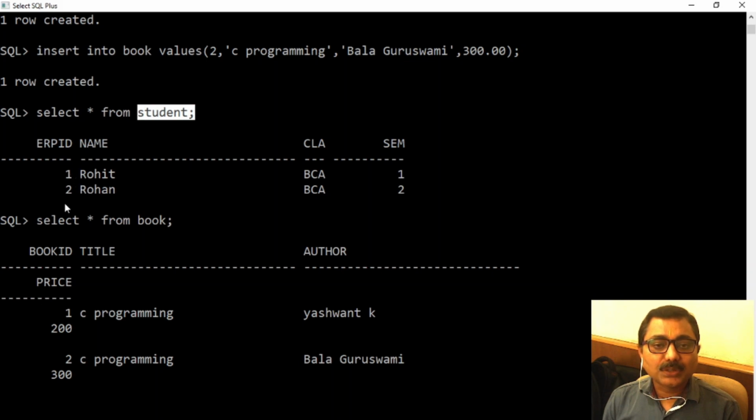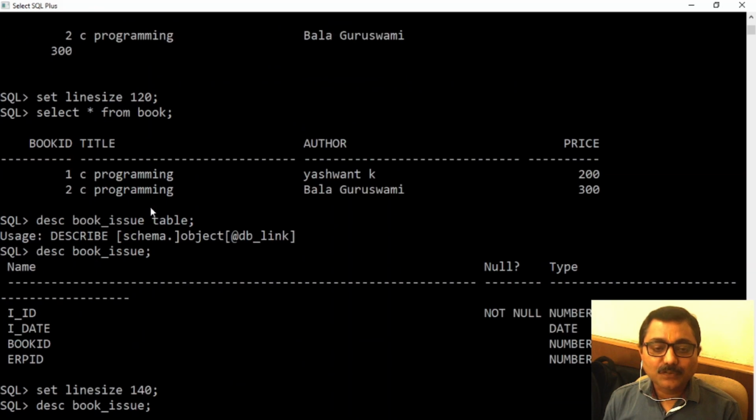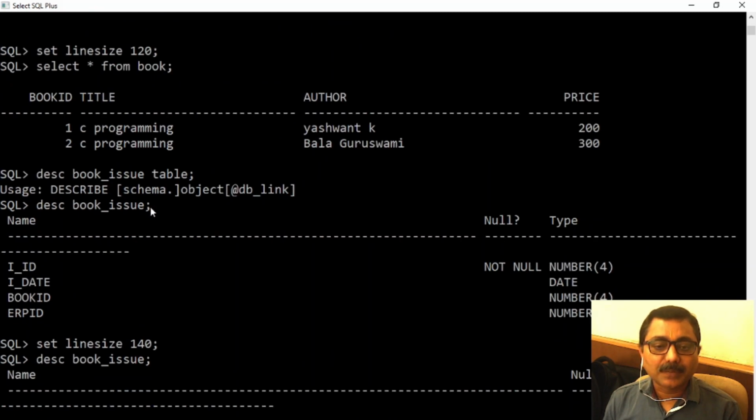If I am going to enter 1 and 2 in the book issue table, system will accept it, means I will be able to enter a record. But if I am trying to enter ERP ID and I am giving value 3, as its corresponding record is not available in the student table, so record will be rejected. That's how foreign key works in coordination with primary key.